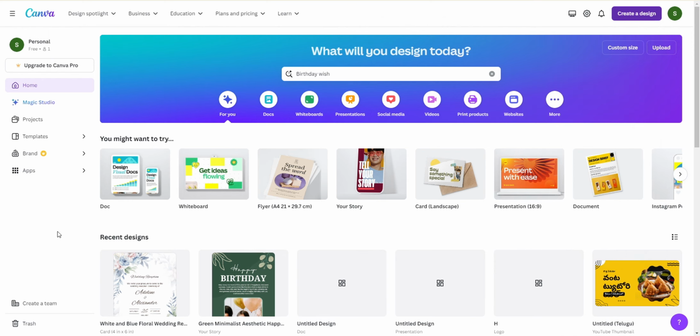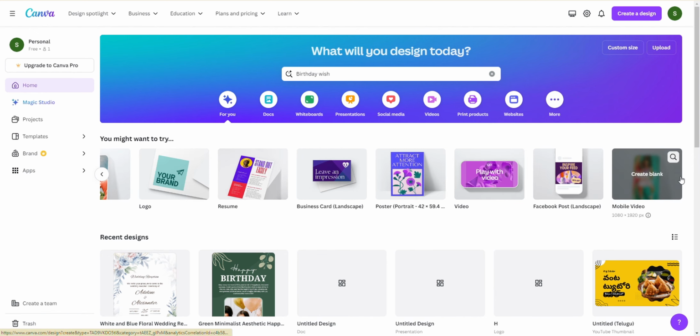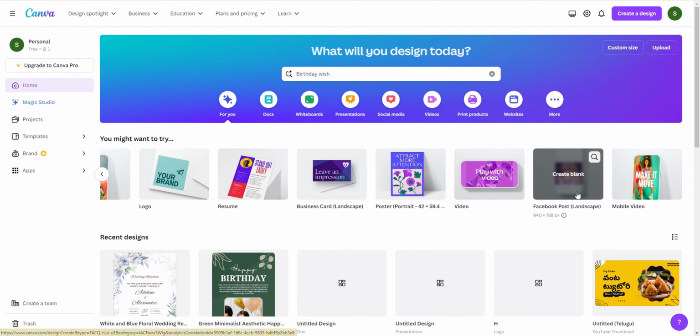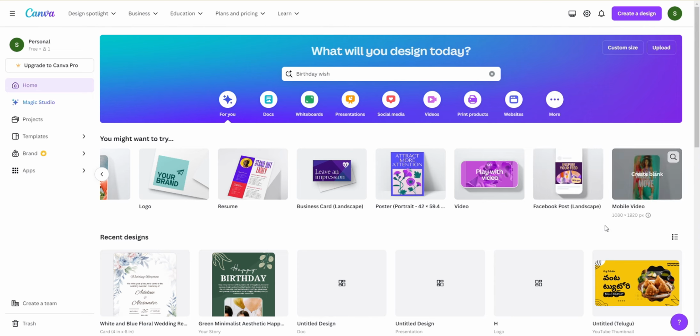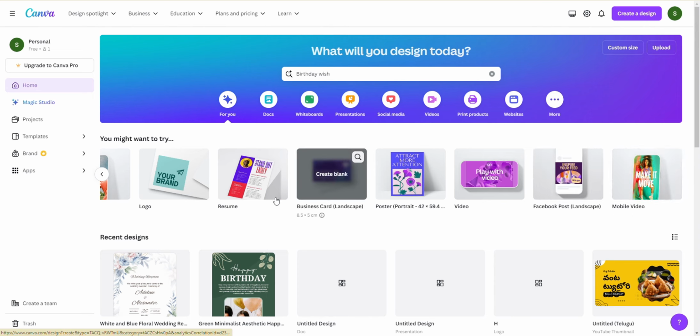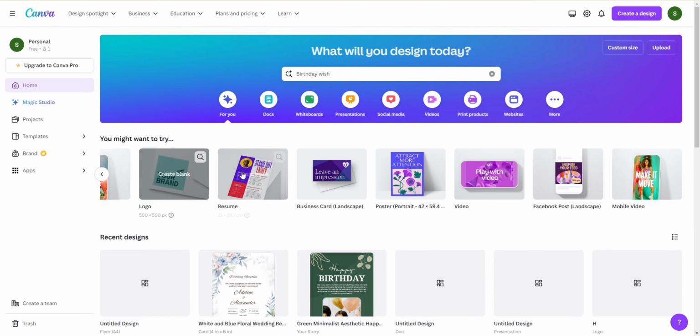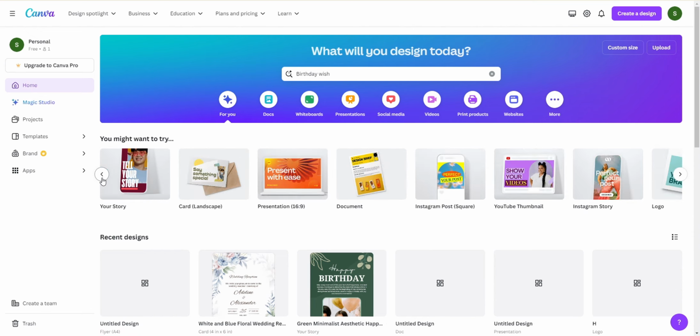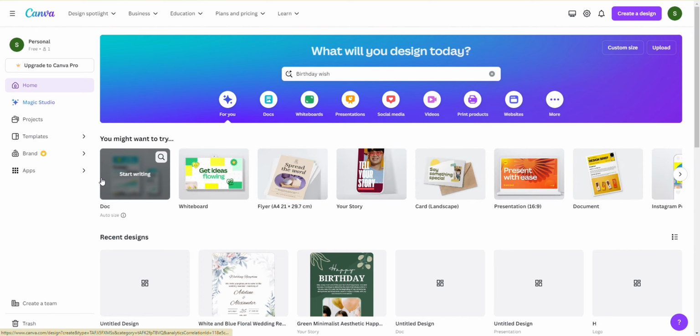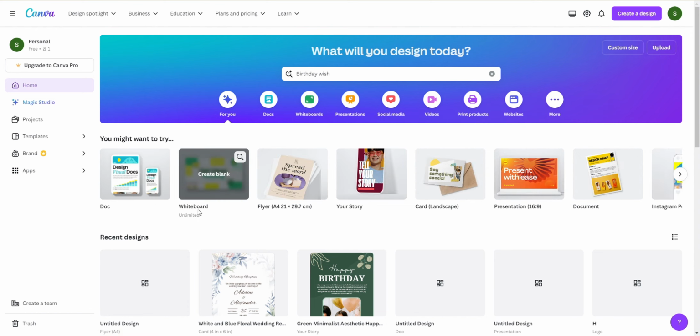So, what exactly is this content like? If you see every content, for example, video, Facebook post, or Instagram post, every content has its own dimensions. So, a Facebook post has this dimension, and an Instagram post has this dimension. Whatever the exact dimension is set for that container, Canva gives you the content based on that dimension only.